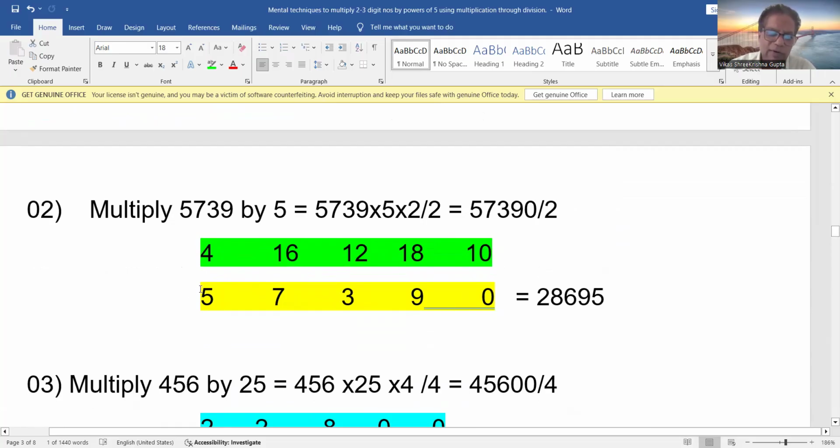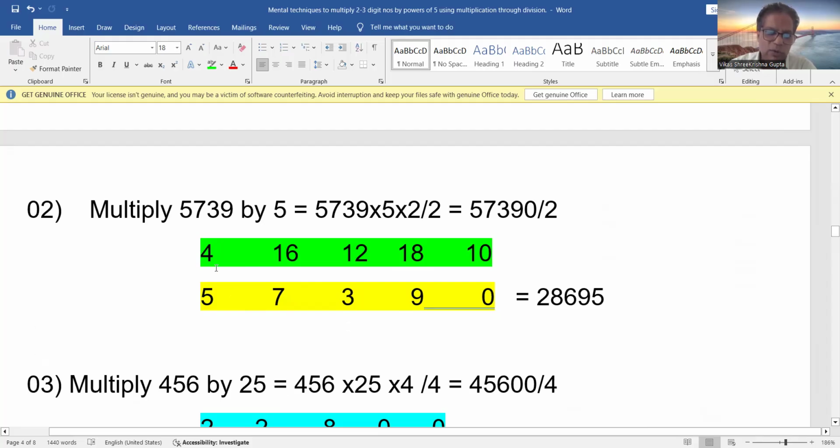So what I do, I write 4 below 5 as an even number. Take 1 extra to 7, it becomes 17, and 17 becomes 16 as an even number. I take 1 extra to 3, it becomes 13, but 13 is again an odd number, so I write it 12. And take 1 extra to 9, 19 becomes 18 as an even number. 1 extra goes to 0 and the answer becomes 10. So 4, 16, 12, 18, 10 is the final number to be divided by 2. And the answer is